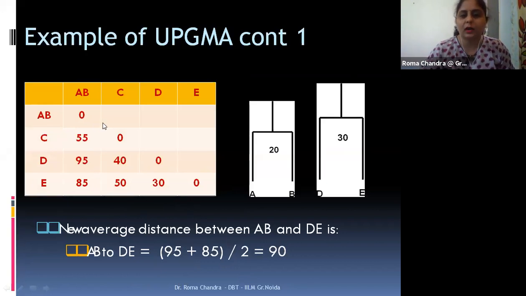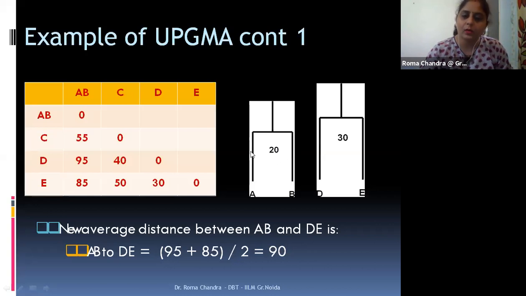Okay, so now I'm considering that I have a node that is the root. The root is divided into two branches, A and B. They have a common ancestor, and the difference between them is 20, 10 each, so 20 is the distance between both of them.